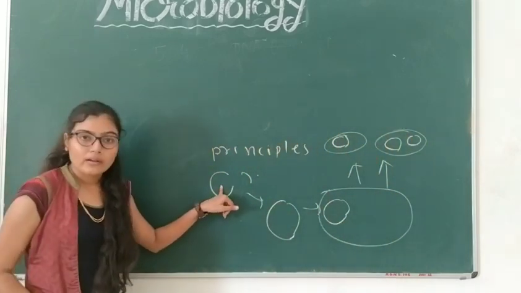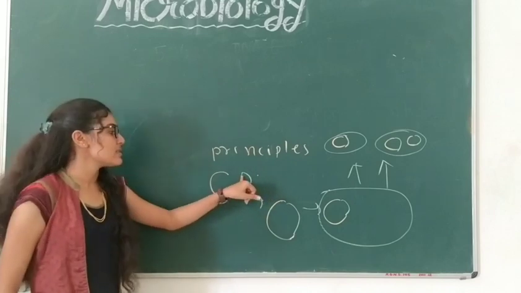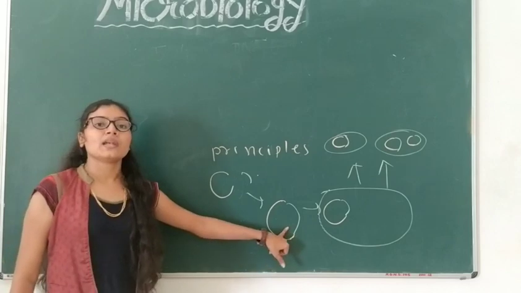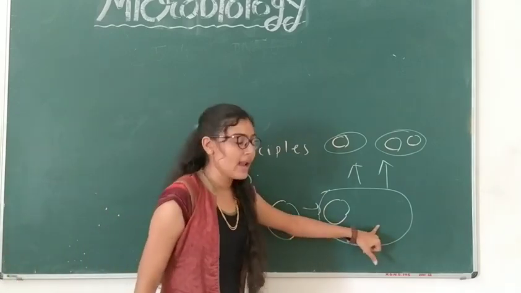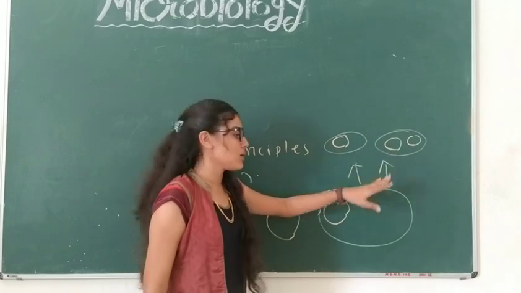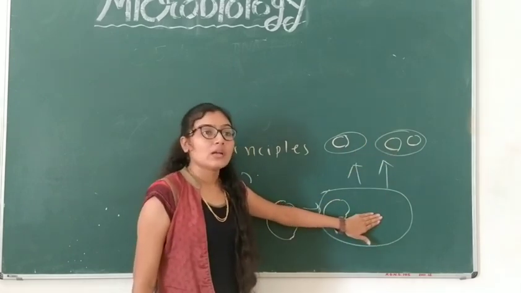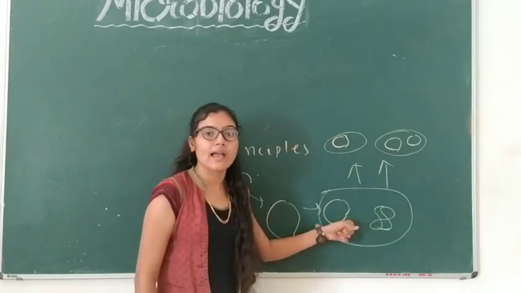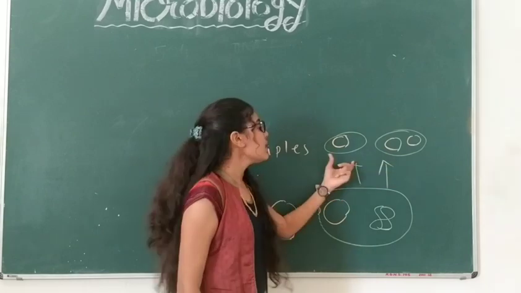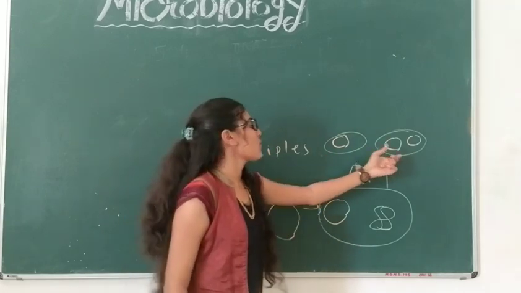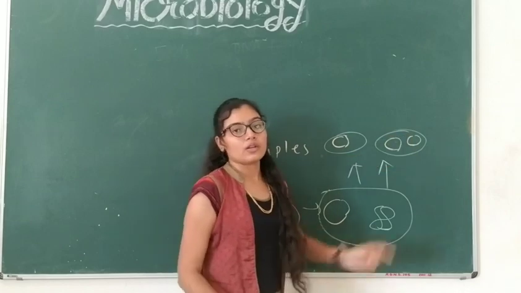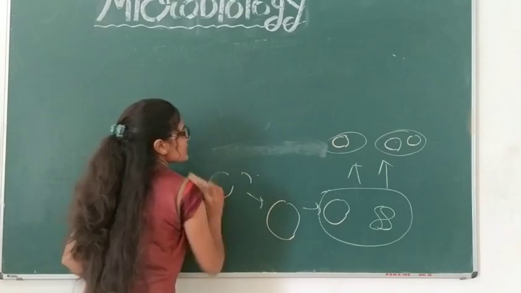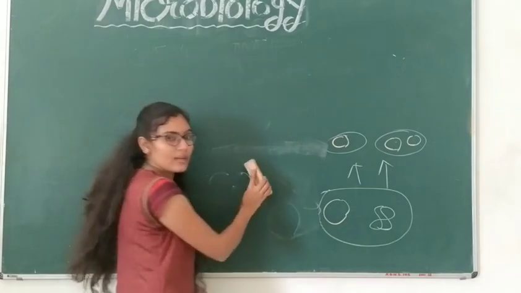It is called our vector. That is our desired fragment, desired gene, gene of interest, combined in the recombinant DNA molecule and transferred to the bacterial cell. After transformation, the cell will divide. It will replicate and multiply its own DNA genetic material along with the vector carrying our desired gene. After multiplication, we will have many copies of the recombinant DNA molecules. Okay, so it is called gene cloning. Okay, now we will discuss each and every step in detail.